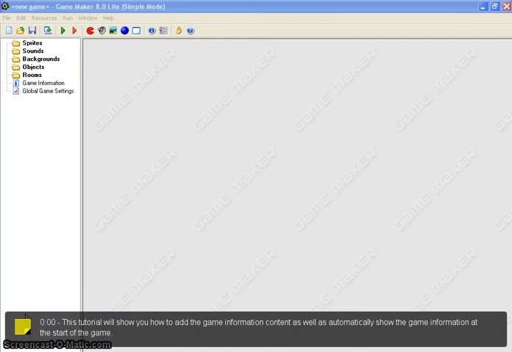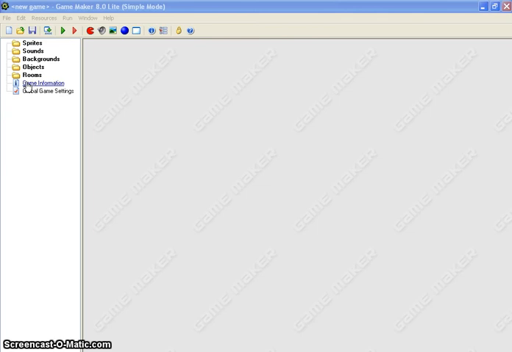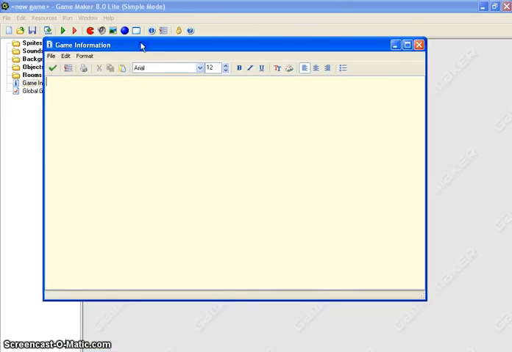In this lesson, we're going to go through how to add the game information and how to have the game information show up automatically within your game. One of the main areas in GameMaker is game information. It brings up a screen that looks a little like a word processor where we can put all the game information in. In this case, I'm just going to show you how to set it up, and then you're going to